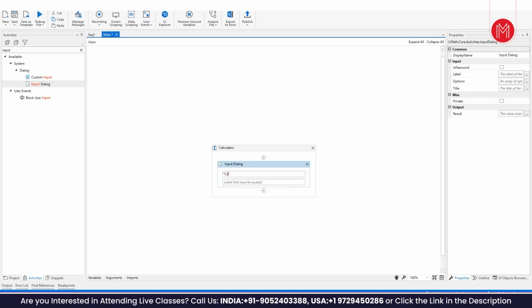Title, I will say calculator. Okay, I am not using a variable here. I'm just directly writing it in the form of a string here. And the second one was label. It says the text must be quoted. So I will just mention enter first number. Okay, so now that my user has entered a value, right, I need to get the value from this dialog